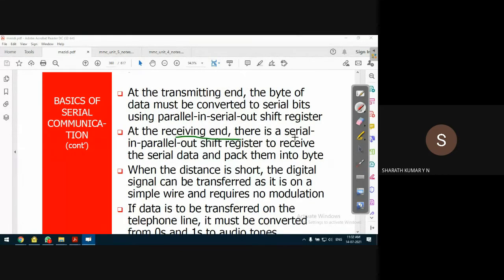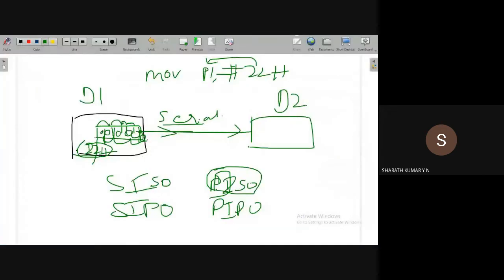At the receiving end, there is a serial-in parallel-out shift register to receive the data serially and pack them into a byte. So at the receiving end, there is one more register which will receive the data serially, because the sender, device D1, is sending data bit by bit, zeros and ones.